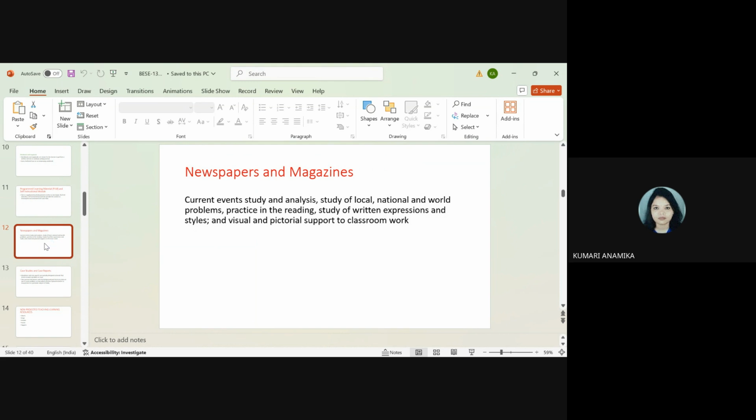There are times we even cut some of the important things which is useful for our teaching learning process, and we even bring some cutouts from the magazine which is helpful for our classroom setting, okay, like the current event study and analysis, study of local, national and world problems, practice in the reading, study of written expression and styles।